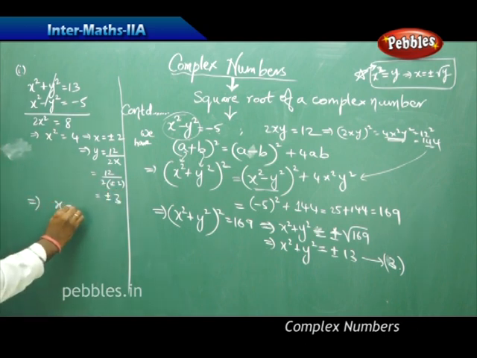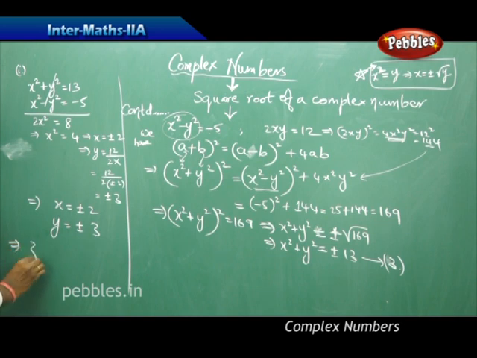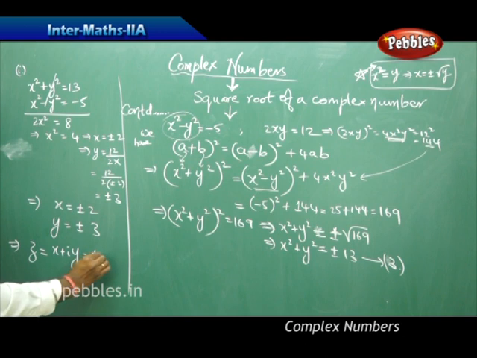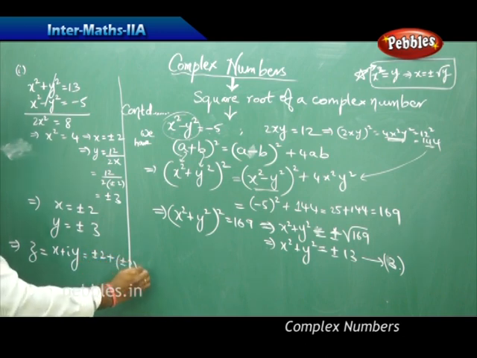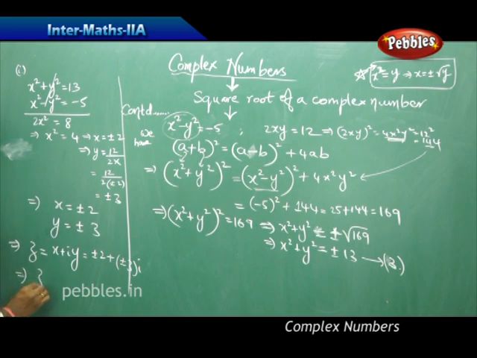That implies x is plus or minus 2 and y is plus or minus 3. That implies my z is x plus iy, in this case plus or minus 2 plus or minus 3i. Therefore, my z is plus or minus (2 plus 3i), which I obtain as the square root of